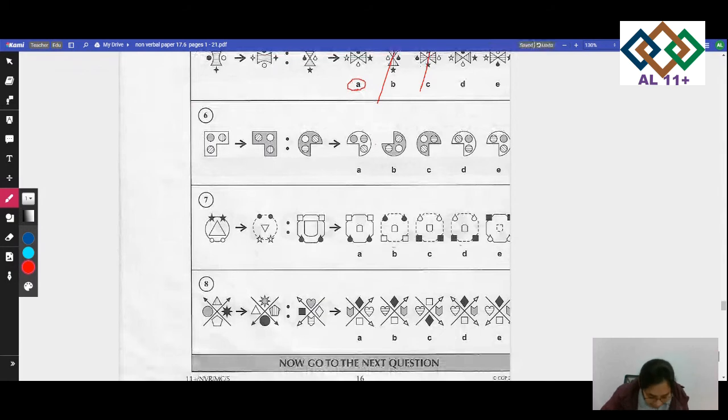Number 6 now. Number 6, the last shape shading with the top left circle, the 2 other shapes, circles, and the whole figure apart from the hatching reflects across. So that's why it's E.